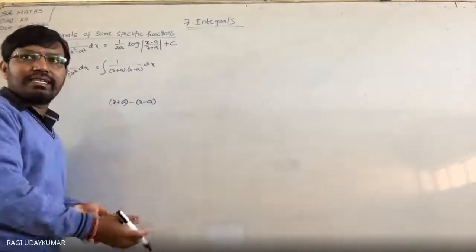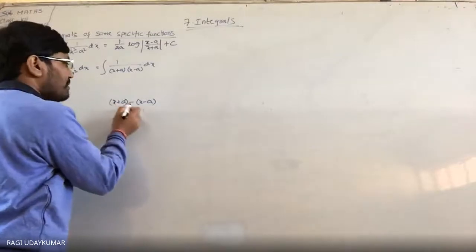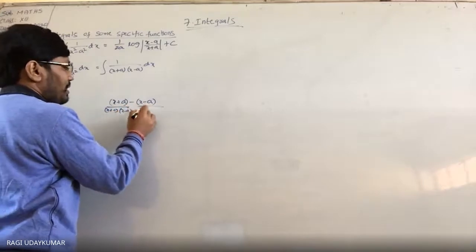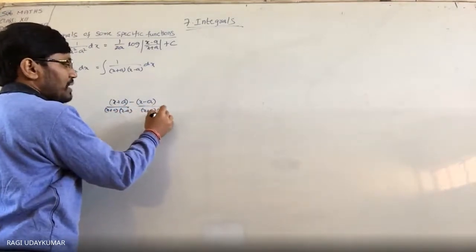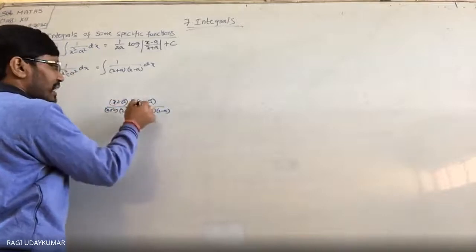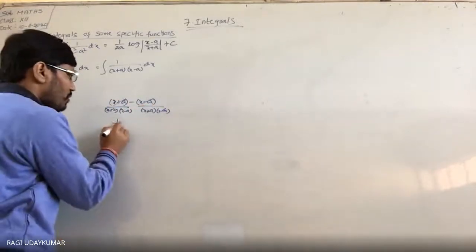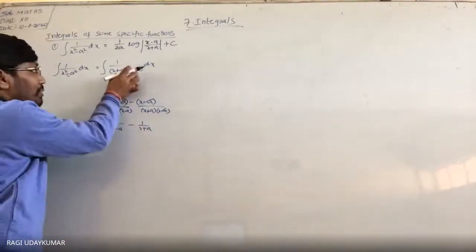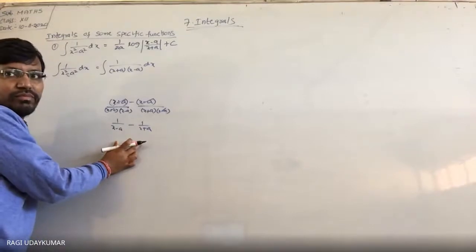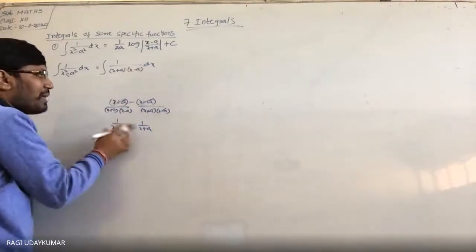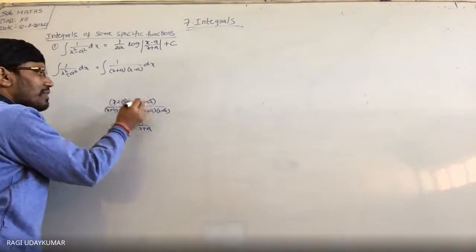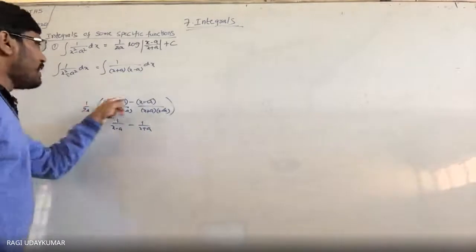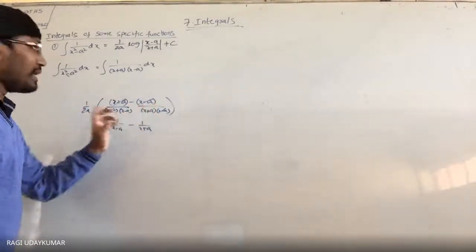If you are having this in the numerator, suppose by (x plus a) into (x minus a), by (x minus a) (x plus a) into (x minus a). See, this x plus a cancels, x minus a cancels. Then you are going to get 1 by (x minus a) minus 1 by (x plus a). We are splitting this from product form to sum form. But from where do we get this, sir? We need this extra 2a. So 2a is there, this 2a is there, above there will be 2a. So this is a motivation.